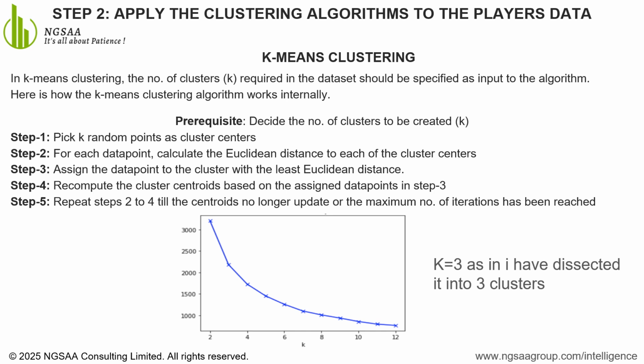Why did we choose K equals 3? The elbow method shown in the graph helps determine the optimal number of clusters. The graph shows a sharp decline in distortion until K equals 3, after which the decrease slows. This suggests 3 meaningful clusters where further segmentation may not add significant value. Next steps. We will now analyze what these clusters represent, possibly grouping players based on batting, bowling, and all-round performance.